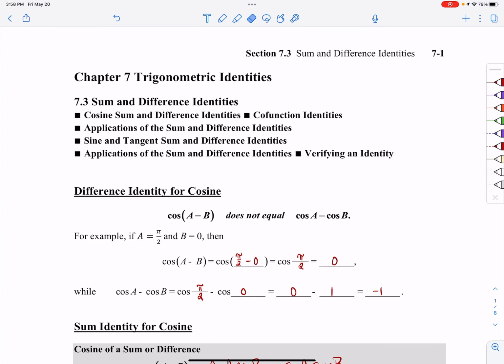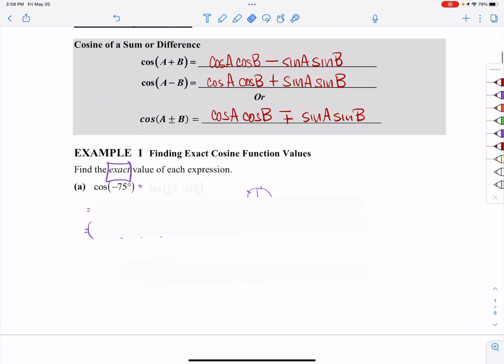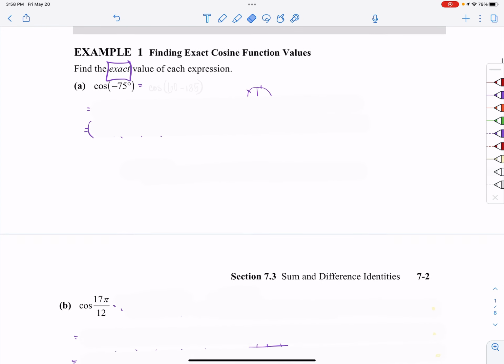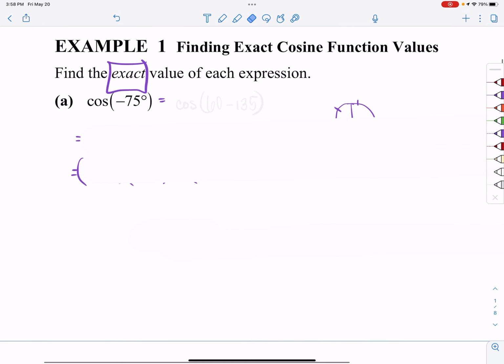Hey folks, so this is the third video in section 7.3. We're going to start just working some examples dealing with sum and difference identities. The first one that we're going to look at is example number 1, where we're asked to find the cosine